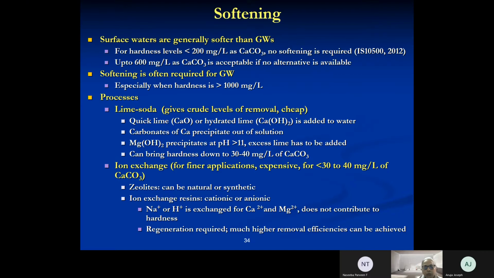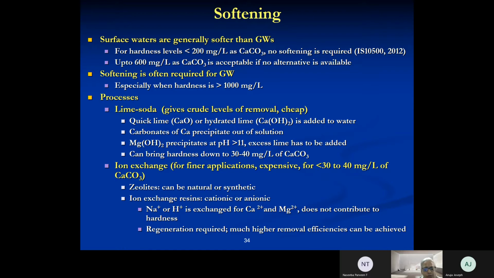Now let's come to how do we deal with hard water. So now that we have identified, we know the standards, we know how to measure the hardness of water. What do we do if the water is hard? In general, surface waters are not as hard as groundwaters. I've already mentioned to you, groundwaters